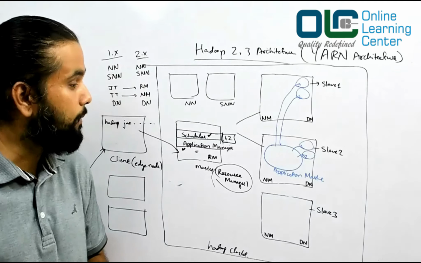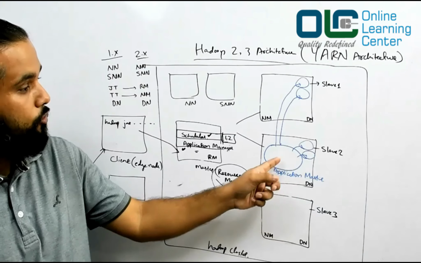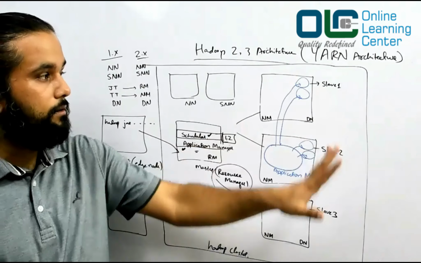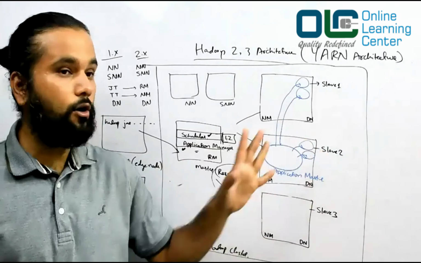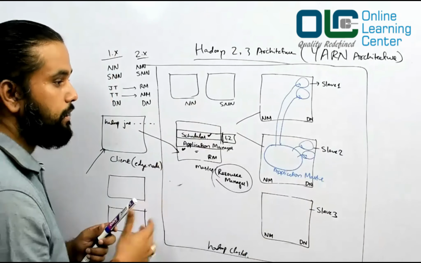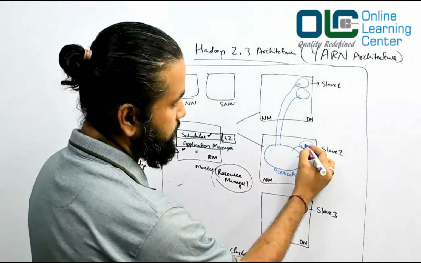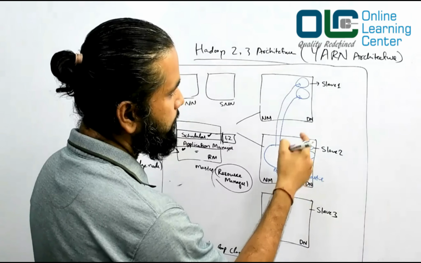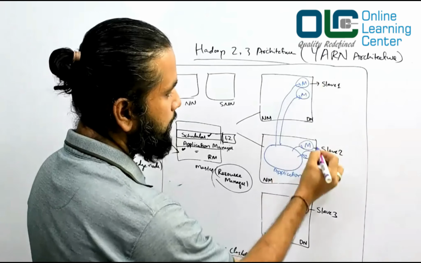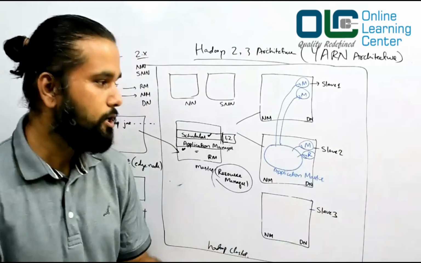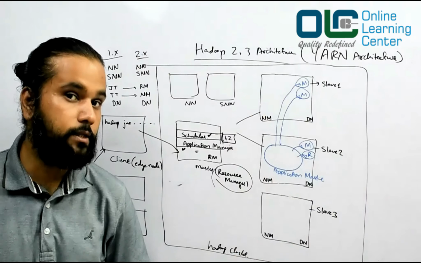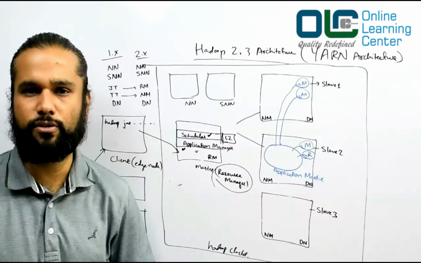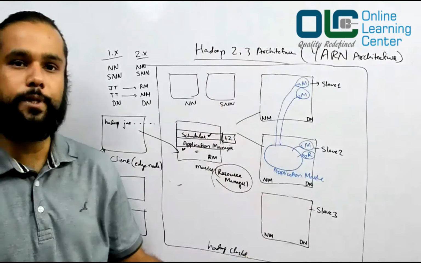There would be only one application master, and this guy would basically start running the jobs by launching the containers. And in these containers, you will have your map reduce job executing. So it is possible that map and reduce, something like this. These containers can have a map job, this container can have a reduce job based on the requirement, and that's how your job would be submitted.